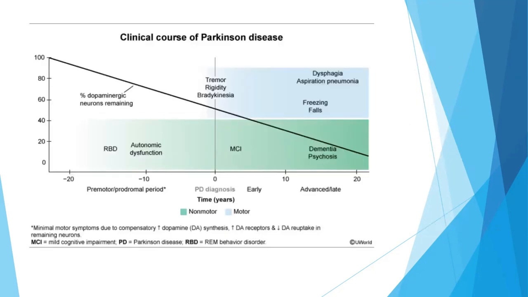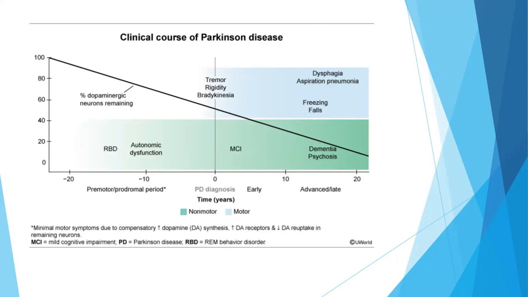So this is the clinical course of Parkinson's disease. Initially, the patient has a decreasing number of dopaminergic neurons. Initially, the patient will have autonomic dysfunction, and the patient may have only REM sleep behavior disorder. In the middle stage, when generally 50% to 60% of dopaminergic neurons are lost, the patient will start developing tremor, rigidity, and bradykinesia, and later the patient will have